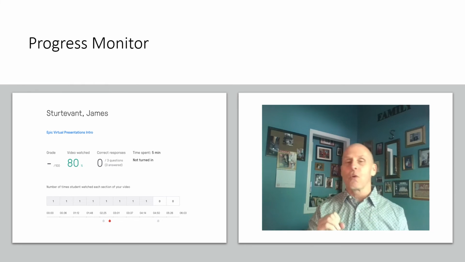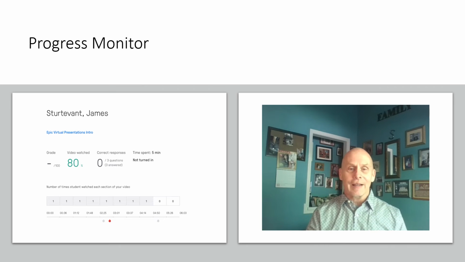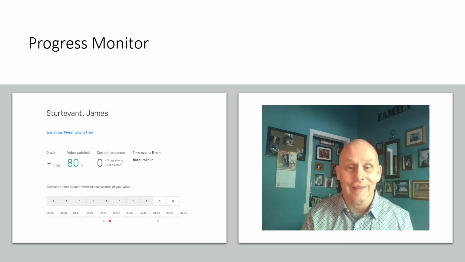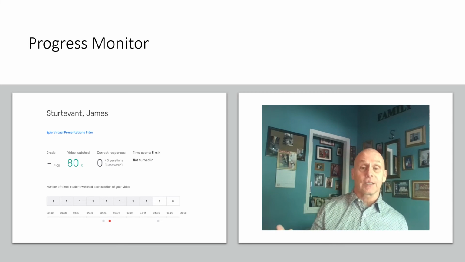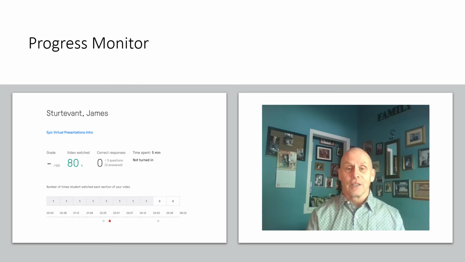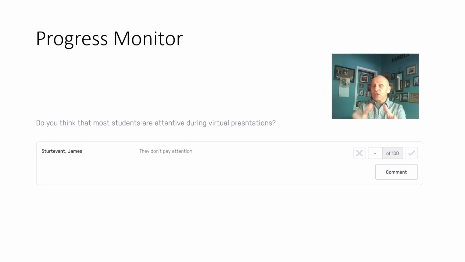But then you can also go in and look at each student. As you can see, I'm using myself as an example. And you can see here that I didn't watch the whole thing. I waited till the last question and I stopped watching it. There goes into that accountability factor. 80% of the video was watched. I spent 5 minutes watching this video. You can also see a red dot down there in between the two gray dots because on purpose I missed the multiple choice question. So you can zoom in on that and you can see what took place. And you can zoom in on any question.